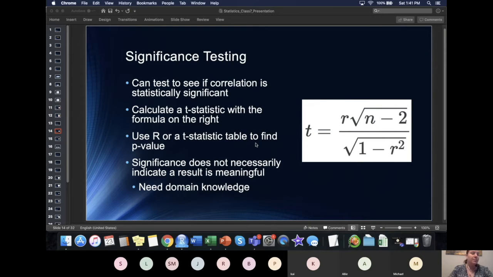So even if there is a relationship, the strength of the relationship matters. So this is going to depend on your domain and how similar values usually look. I did read when I was doing